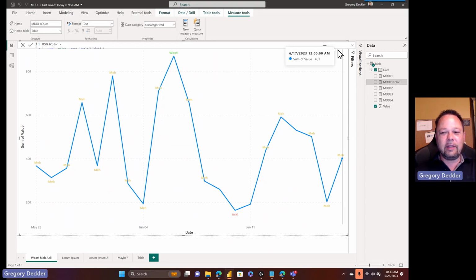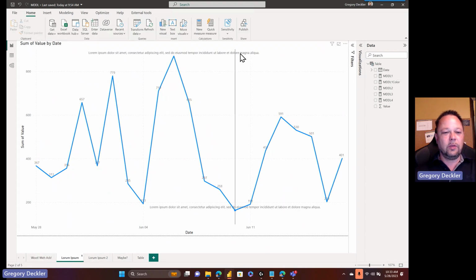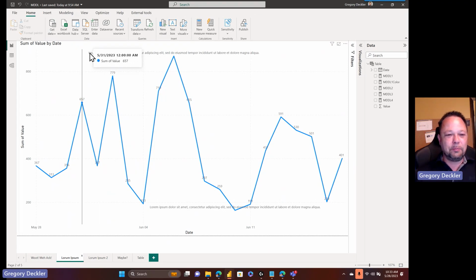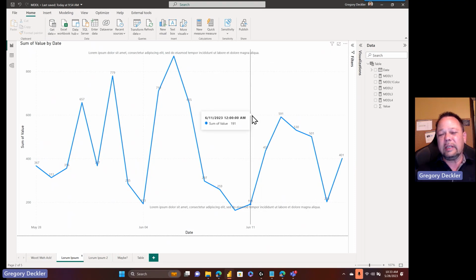Okay, so I wanted to explore the limits of this. How much text can we really get in here? So I did some lorem ipsum. This works, but it puts it all in one long line. So I got a full sentence of lorem ipsum in here, and these are random values. I experimented, but an entire sentence of lorem ipsum was what I was able to get in here consistently.